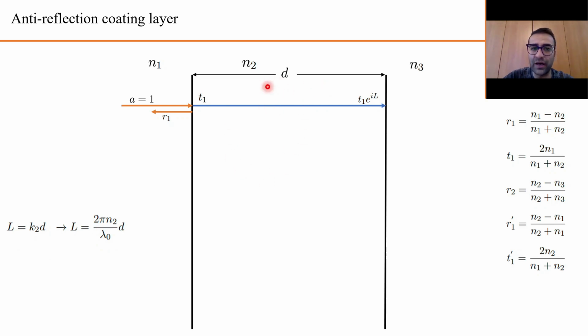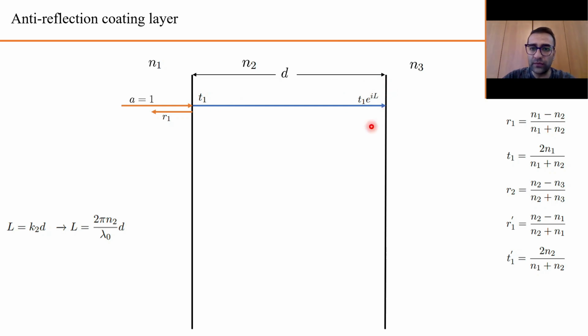And lambda in this medium can be defined by lambda in free space, lambda naught, divided by n2. Therefore, this n2 goes to the numerator, and this phase will be 2 pi times n2 divided by lambda naught times d. Therefore, the wave here will be T1 exponential of iL,